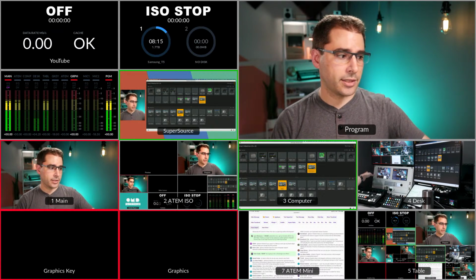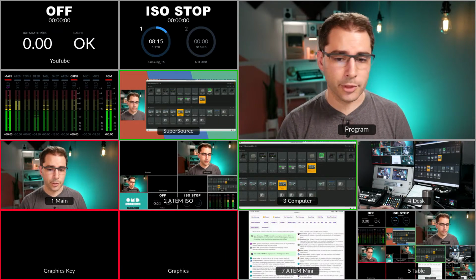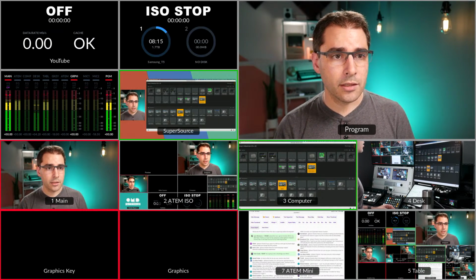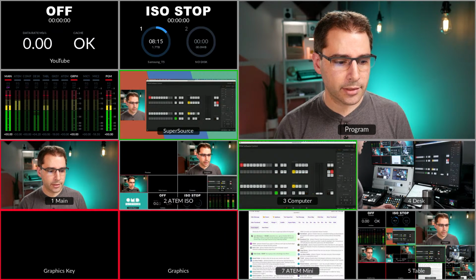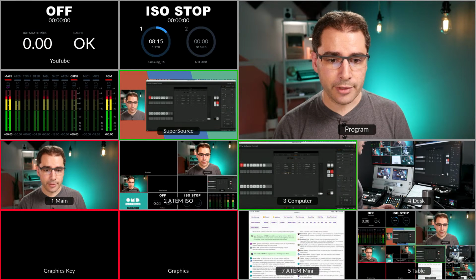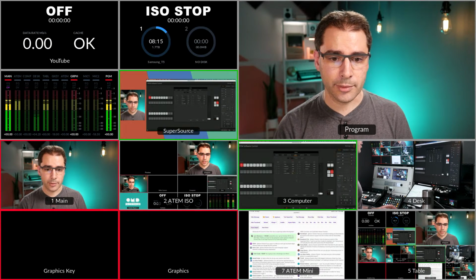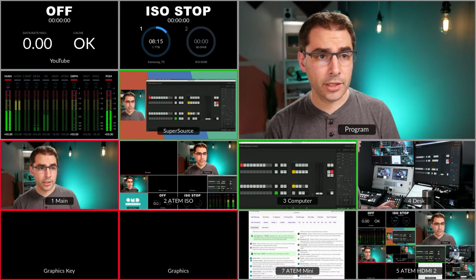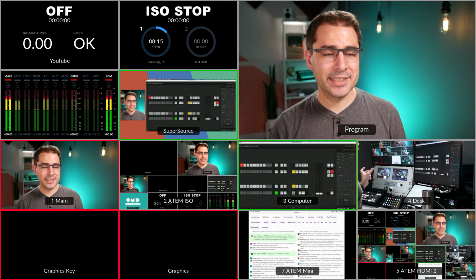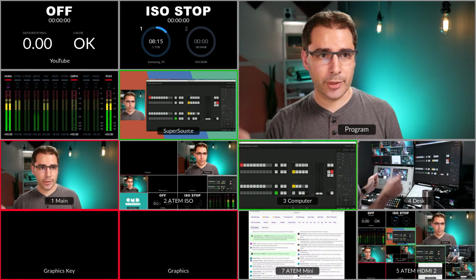Okay, so we've got the tunnel vision going on because output 2 is multi-view. That's to be expected. Let me change my label on here so we can see this. The input 5 is now the ATEM HDMI 2. Okay. So what you're seeing in box 5 on my multi-view is, in fact, the ATEM's HDMI 2